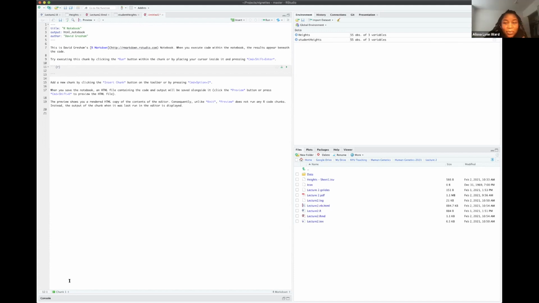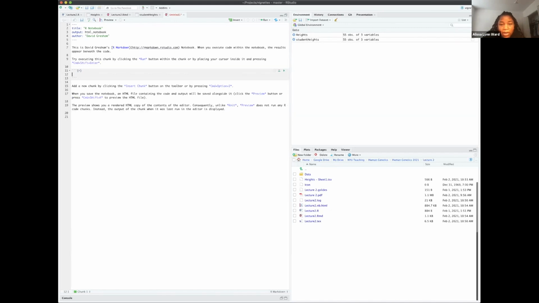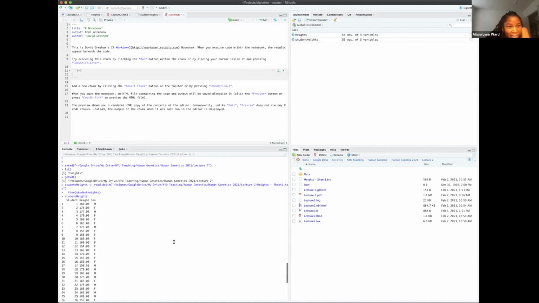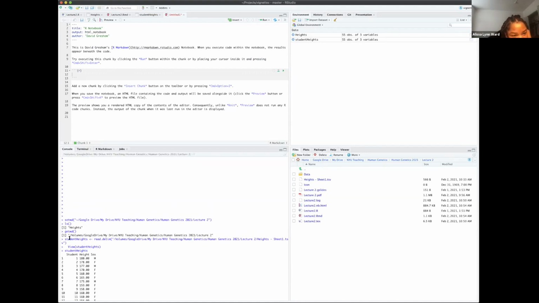Professor? Yeah. Just a quick question. Back to the import file, how did you get there? So let me show you again. We'll go to console, and I imported the data using this command. It's going to make student heights be the variable name, and it's going to read it in using this function called read delim. But to do that,